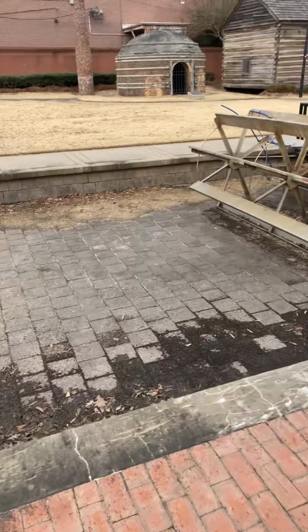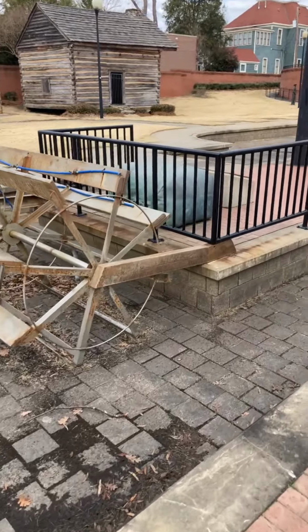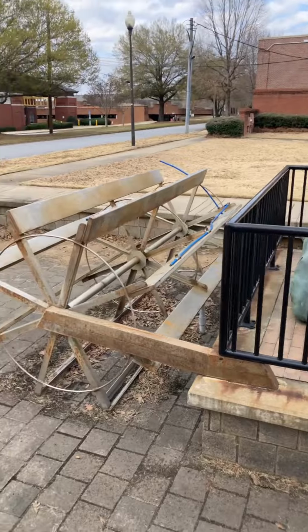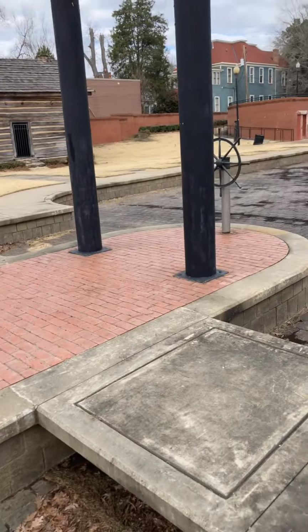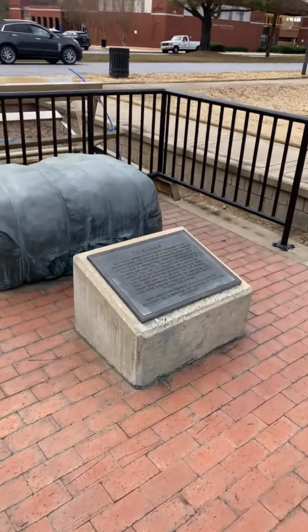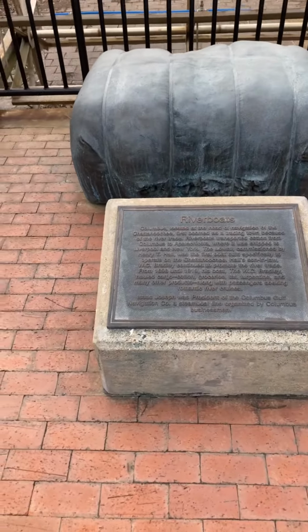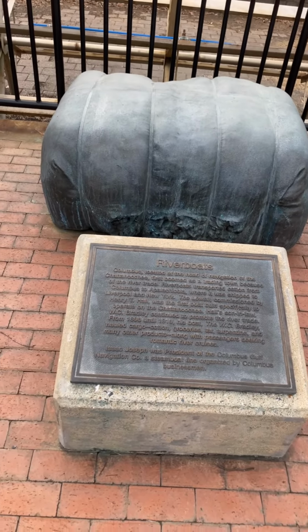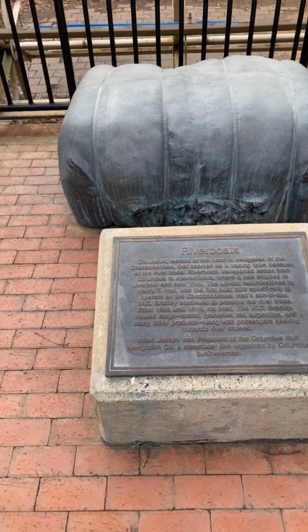You can see there used to be like a fountain. Make it look like a riverboat. See, this is Columbus, and they had a lot of riverboat activity in Columbus, Georgia here. The riverboats. Columbus, located at the head of the navigation of the Chattahoochee, first boomed as a trading town because of the river trade. Riverboats transported cotton from Columbus to